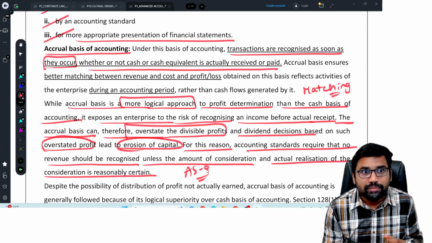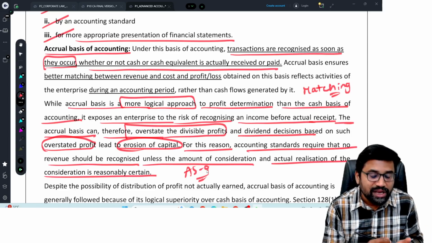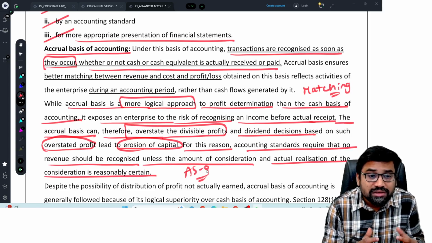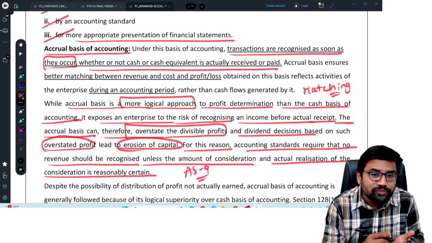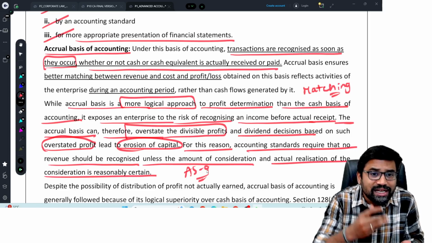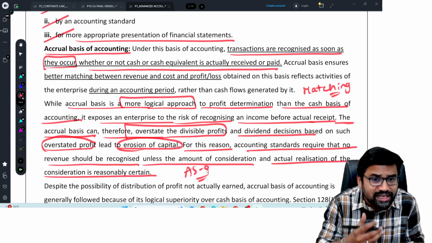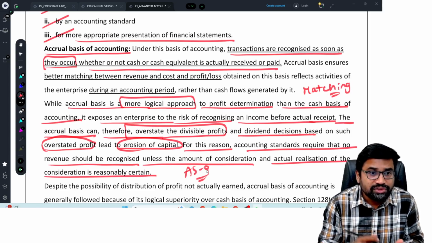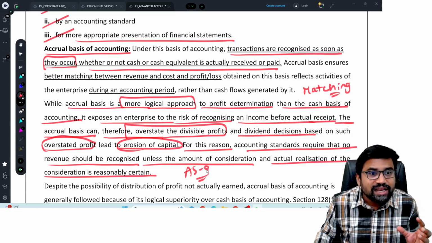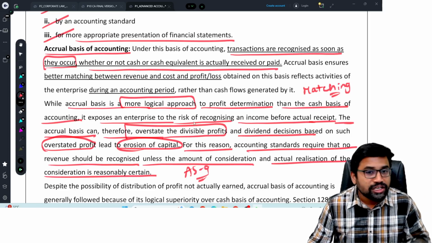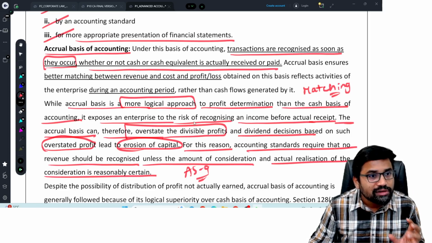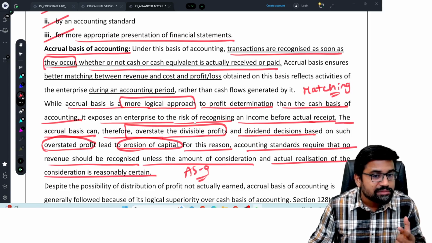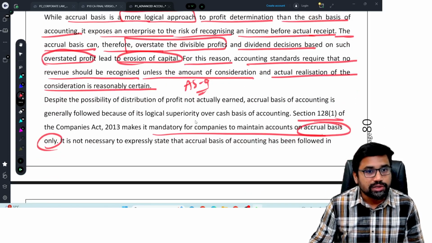See, most of the times, whenever you come across sale of goods, you will recognize it as a revenue. Why? Because there is an assumption that there is a certainty in collection. But if you read Accounting Standard 9 properly, it is clearly saying only when there is a certainty in collection, you should recognize revenue. So therefore, in practice, we will recognize the revenue only when there is a certainty, not just because we are following accrual concept. Of course, accrual concept holds good for expenses, but when it comes to incomes, we should follow accounting standards also.